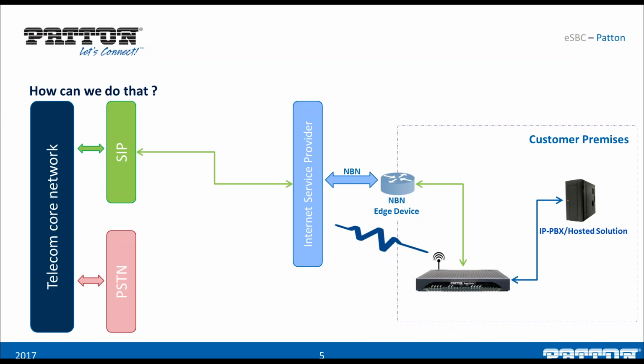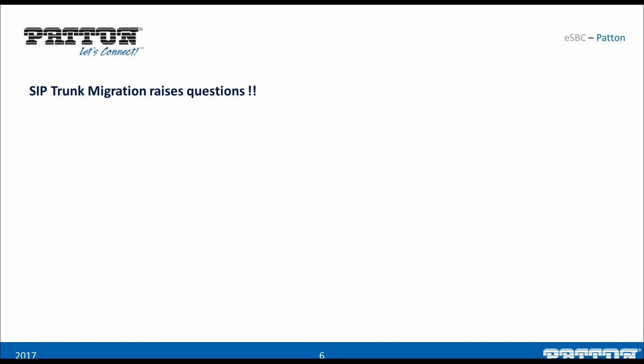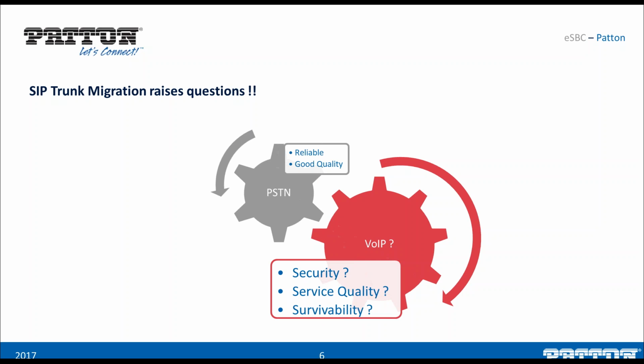Now here, normally people come up and say, okay, why do I need a box when it's going to be an all IP to IP scenario? The first thing, which I've just explained, is that it actually provides a complete migration path. And once this migration is done, then we talk about a complete SIP trunk migration. People say, okay, my network is all SIP now. What next? We know that PSTN is a reliable, good service, but when we start talking about voice over IP,